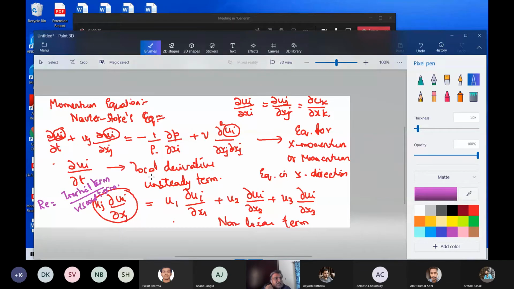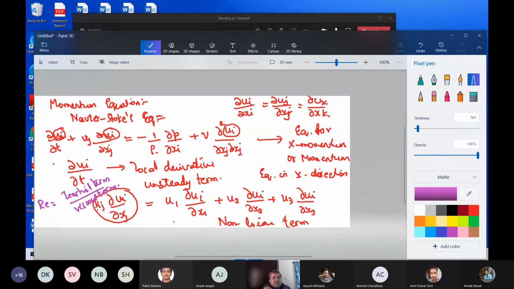We said it was an inertial term by a viscous term. Now of that, the inertial term is uj dou ui by dou xj. In the tensorial form, of course, it is uj dou ui by dou xj. That is this inertial term. The viscous term we will come to later. For the time being, this is the inertial term.